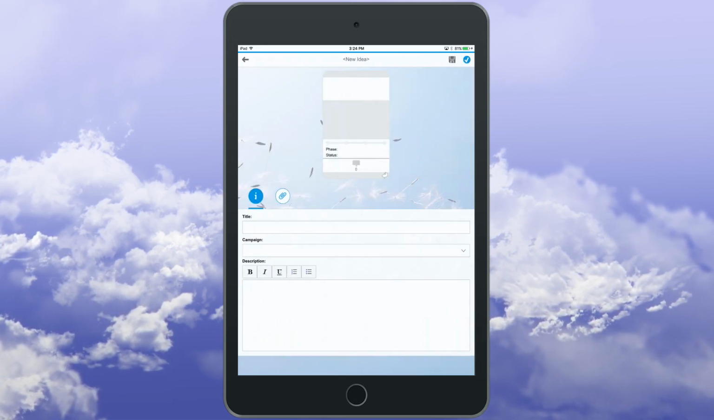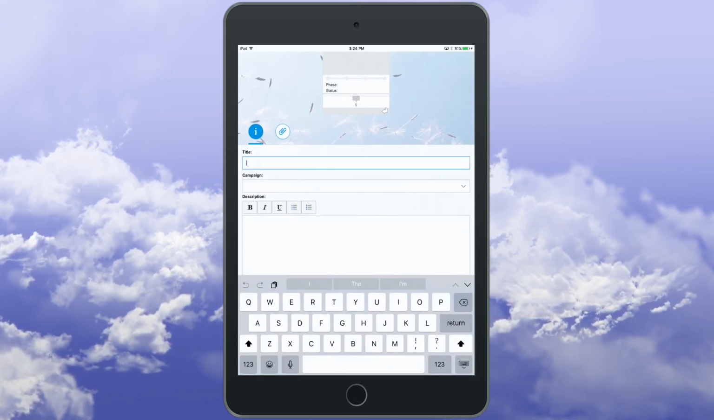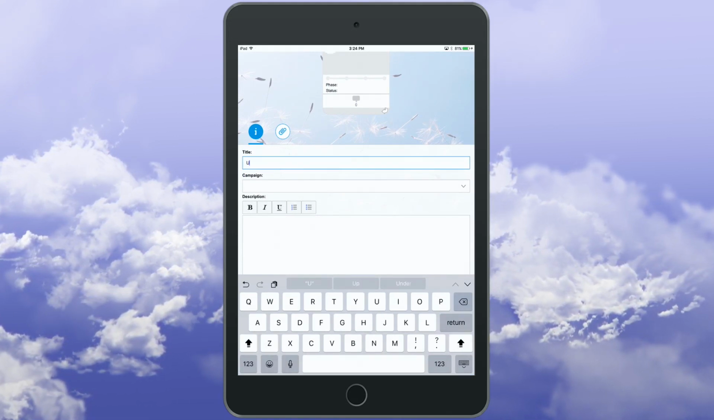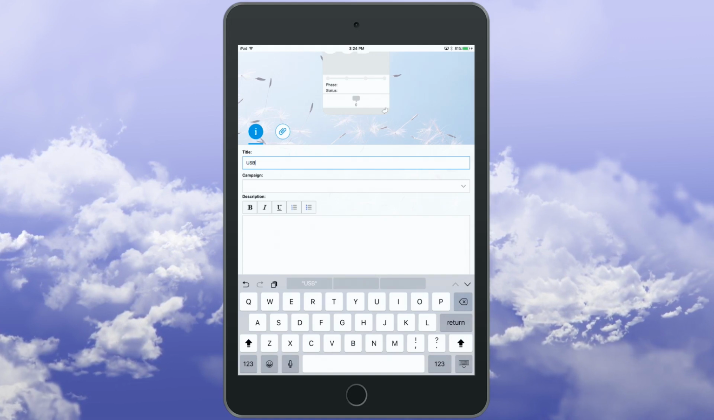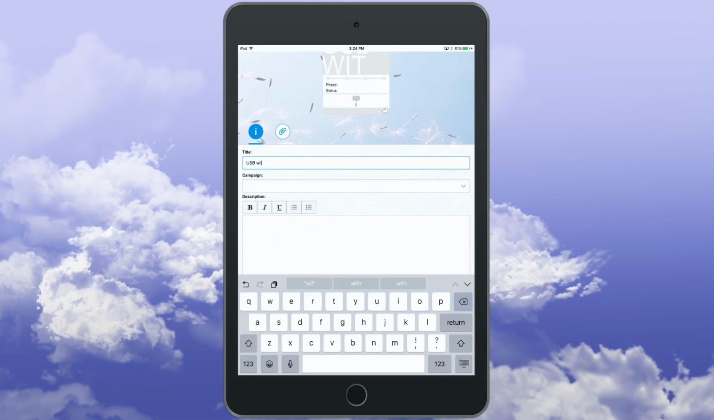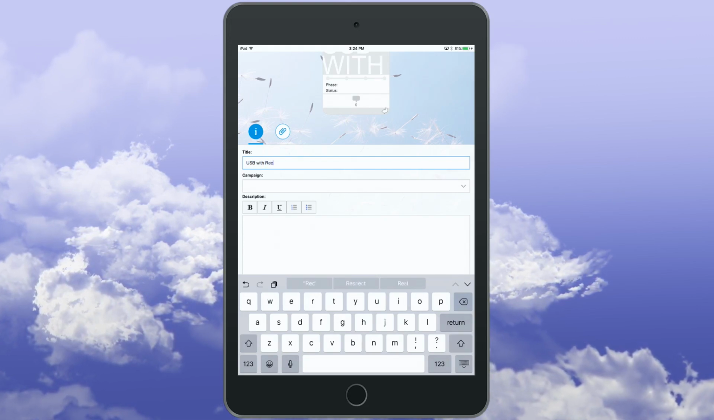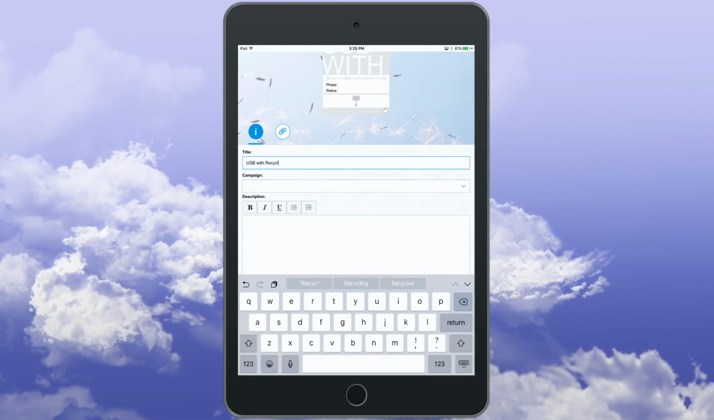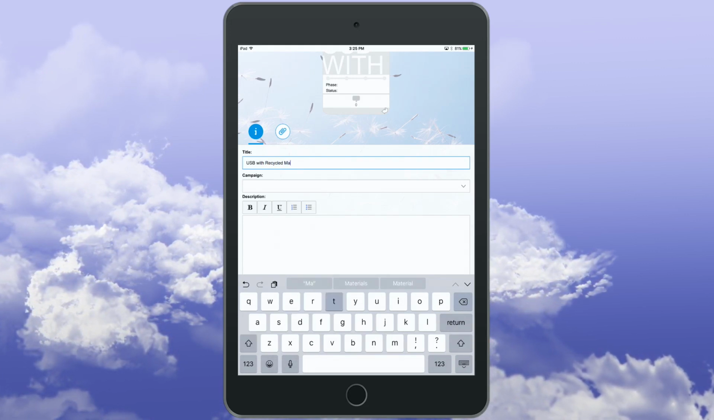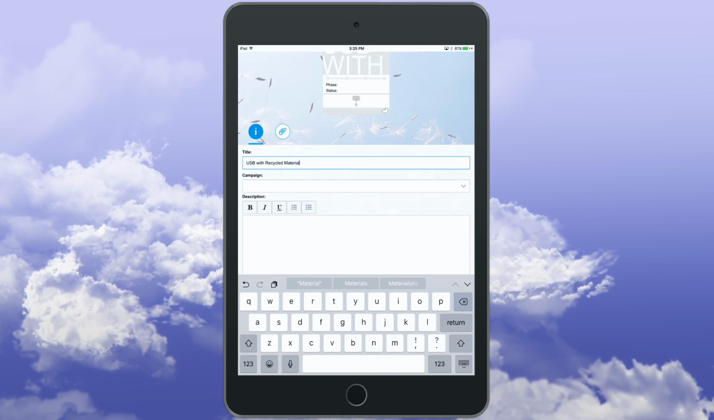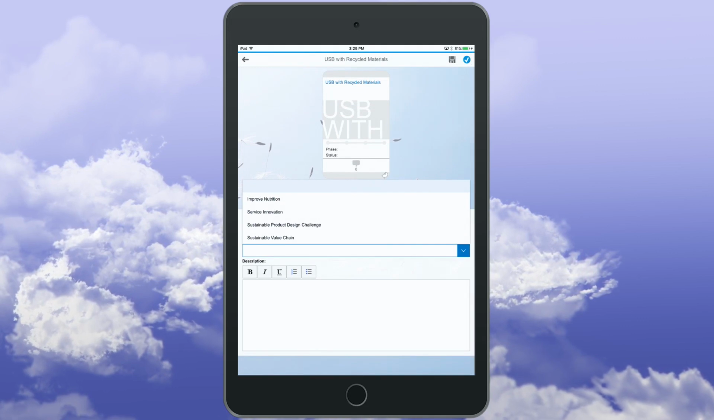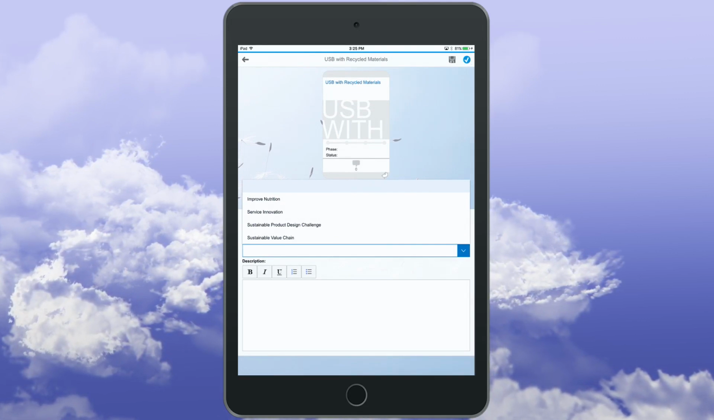So let's go to create an idea. So for instance, say we are not at our desk working on a prototype, perhaps building a prototype, and our idea here is to create a USB drive that uses recycled materials. So we give our idea a title, and then once you do that, any campaigns that you are assigned to as a user are going to appear in the drop down below that. So we can assign this one to the Sustainable Product Design Challenge,